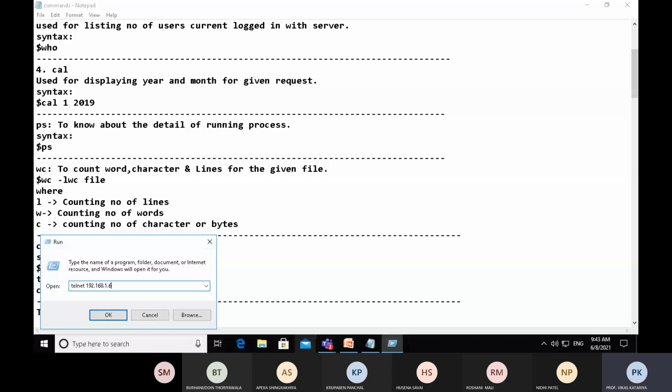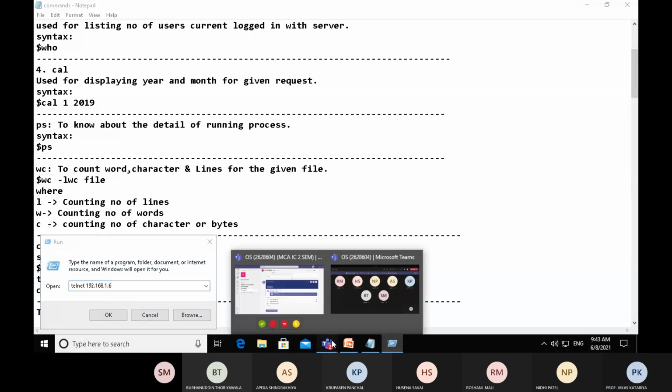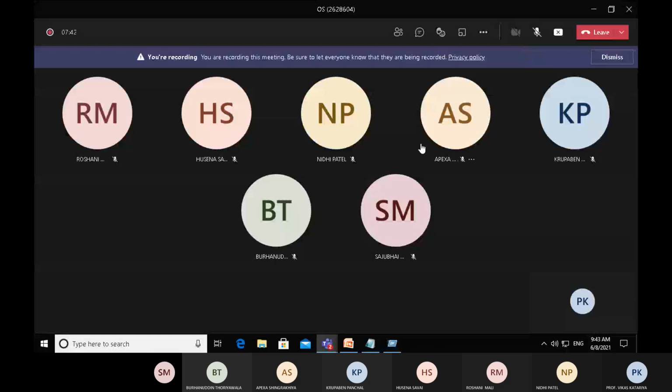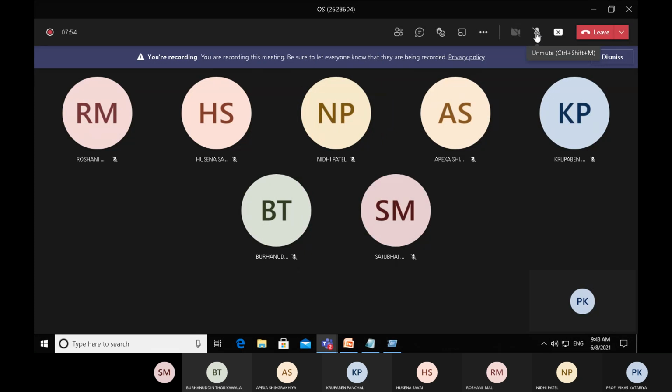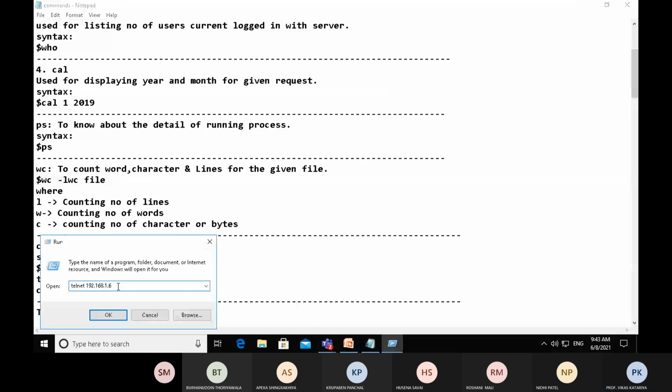So this is the IP address of our Linux server, and this is how to connect to the Telnet server using the Windows operating system. Telnet is a protocol by which we can connect our Windows machine to the Linux machine.